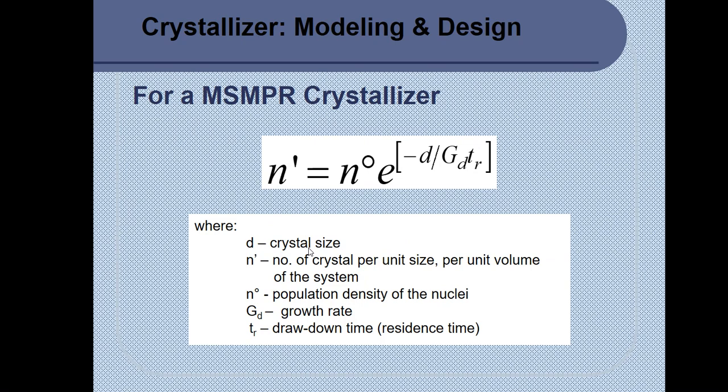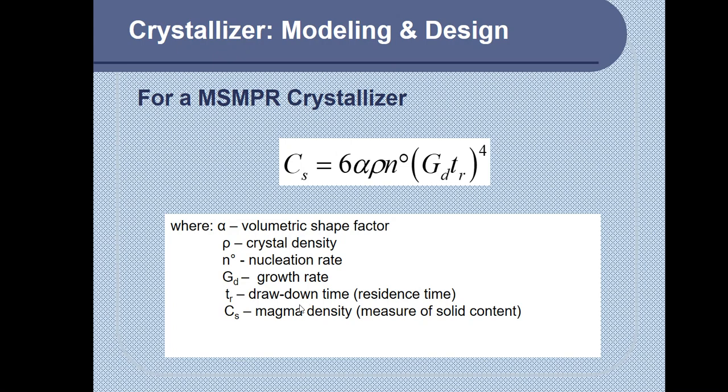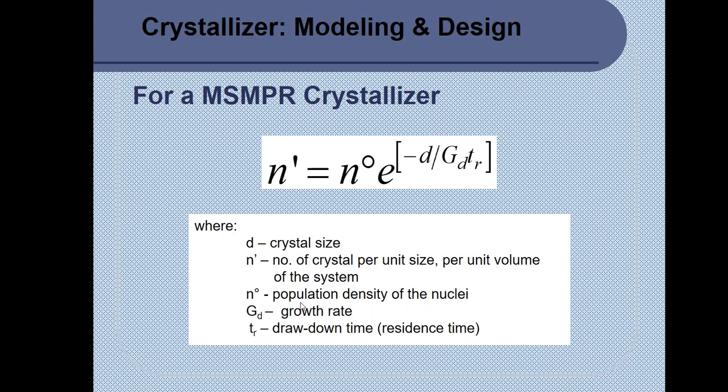You need the crystal size, you need the population density in here, just like in this particular formula. That's the nucleation rate. In here is the population density of the nuclei. And you have here the growth rate and the drawdown time, which is also the residence time. If the problem does not give you parameters that allow you to use this particular formula, I'm certain that the problem will also not ask you for the population of the crystals or the population density of the crystals inside your crystallizer. But should it be asked, then these other parameters in this formula should be given,